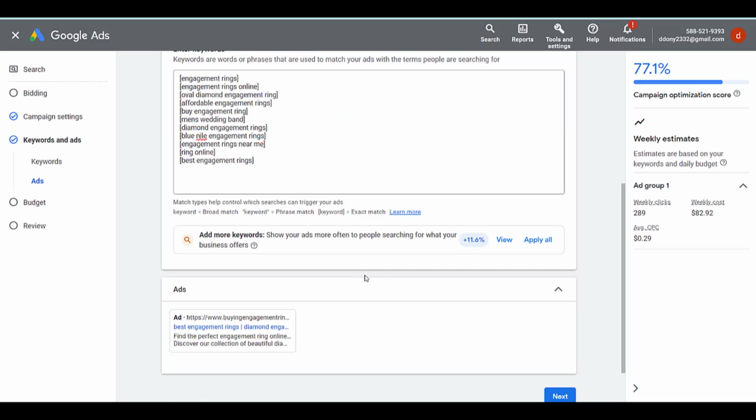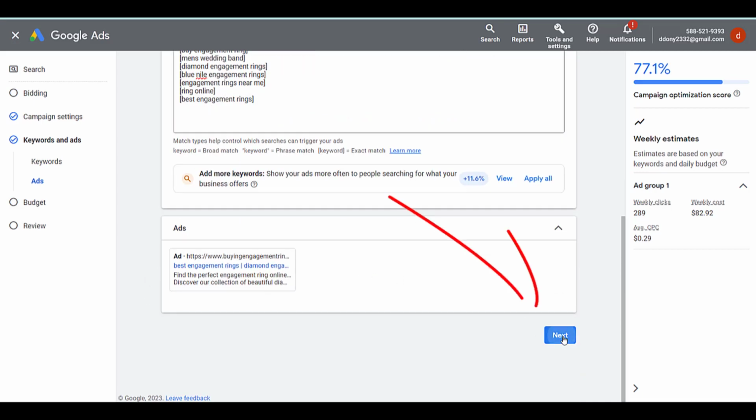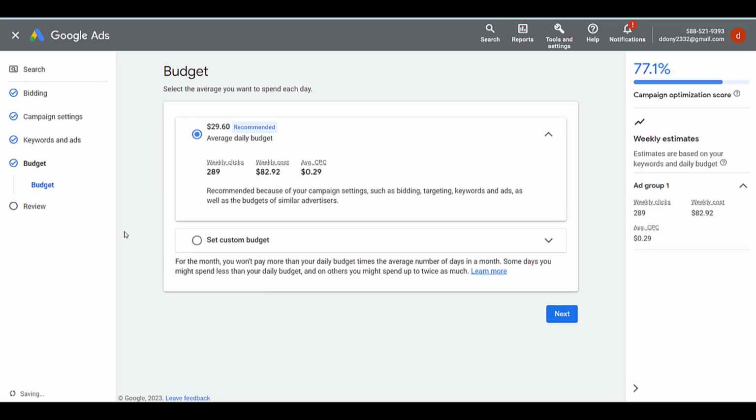And then click next. Okay, this is a Google Ads budget recommendation, 29.60 recommended. But this is only a bid. You can set your custom budget to get more clicks.